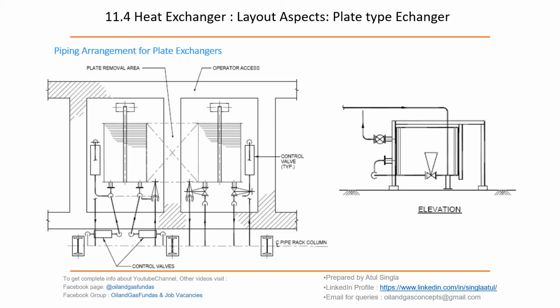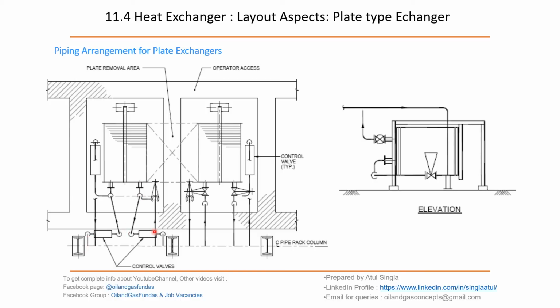You will be having a few control valves in the system, and we can locate them like this in the horizontal front view. These are the control valves. The line is routed like this and coming up, then coming out. Same way it is coming this way, and coming out. This is a mirror piping.